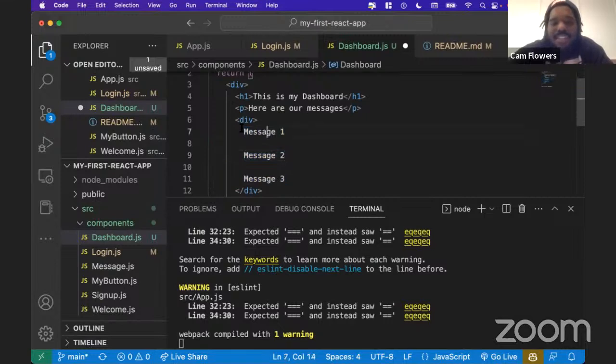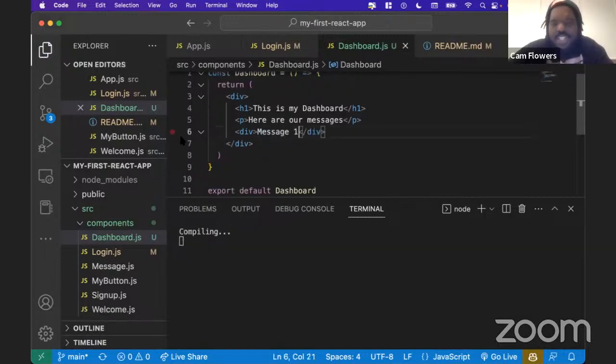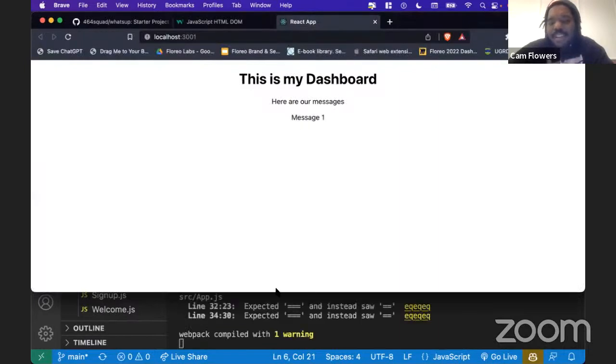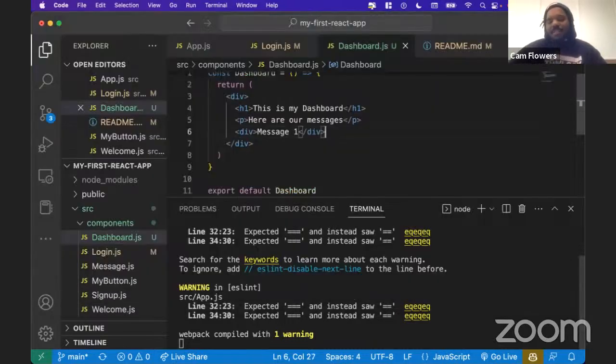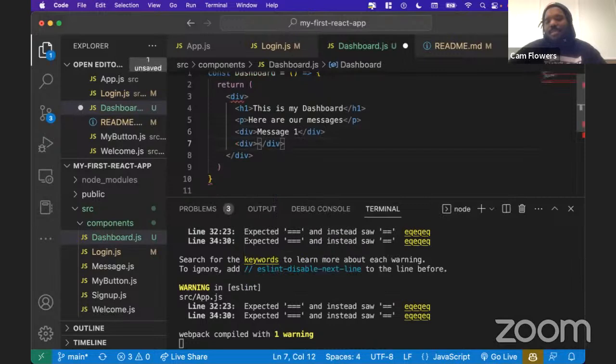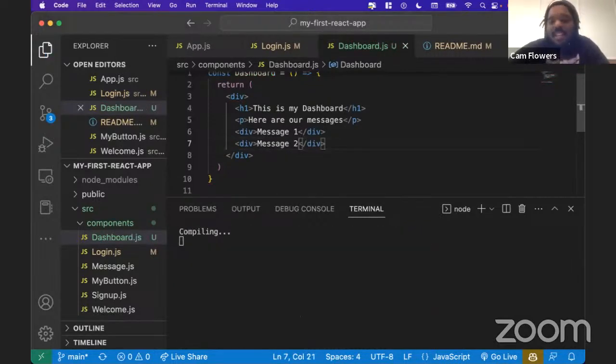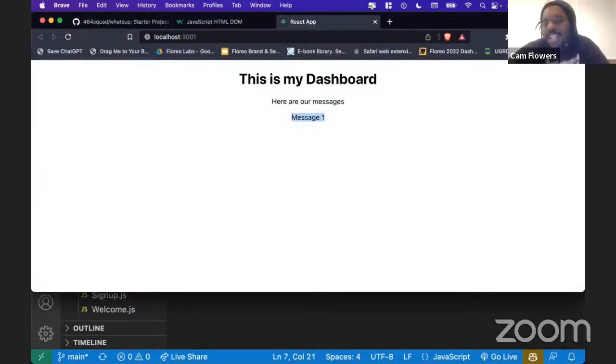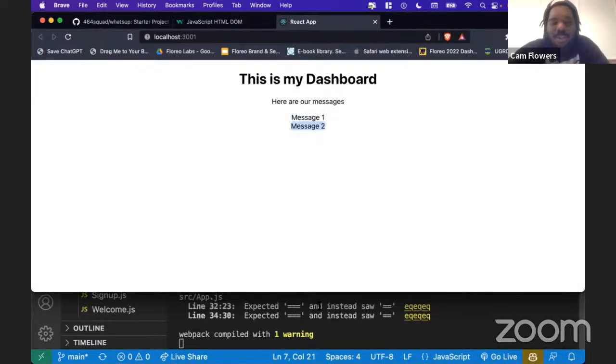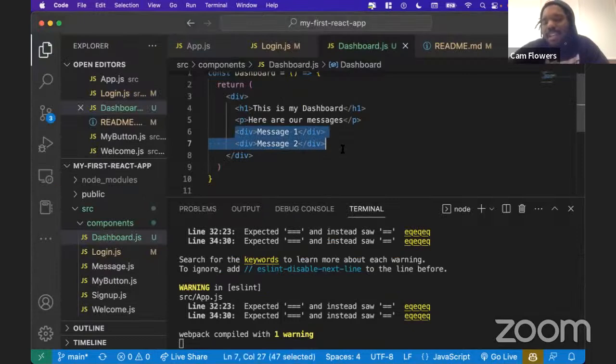I want to be able to show whatever messages are there. And beyond this, just rendering this text like this, let's just say message one, is fine, except what if I want to style this and give it some more context? What if each message had a similar flow, and I wanted to show it in a list-like format? So I'd need a div with the message, each one. And as you can see, I'm also going to start repeating a lot of code here. Not only would I have to write as many messages as I want, I'd have to repeat a whole